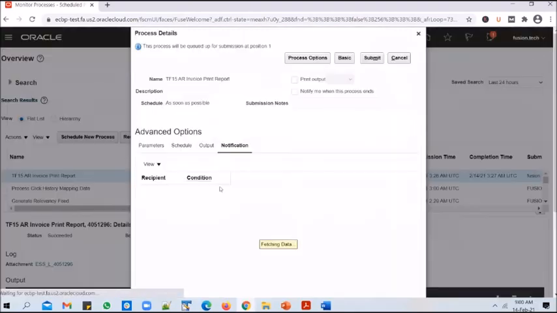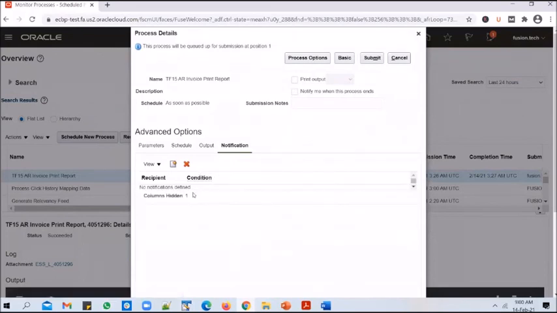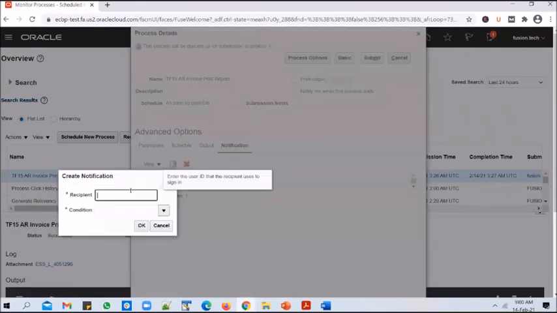And if you go to the notification tab, you have an option to add a notification section here. Especially if it is a scheduled job, if you're scheduling a job to run every 5 minutes, nobody would care to monitor each and every request that gets triggered after 5 minutes, right? So in such a case, what you usually do is set up a notification. You can say, whenever this job errors out or ends in warning, let a Fusion user know